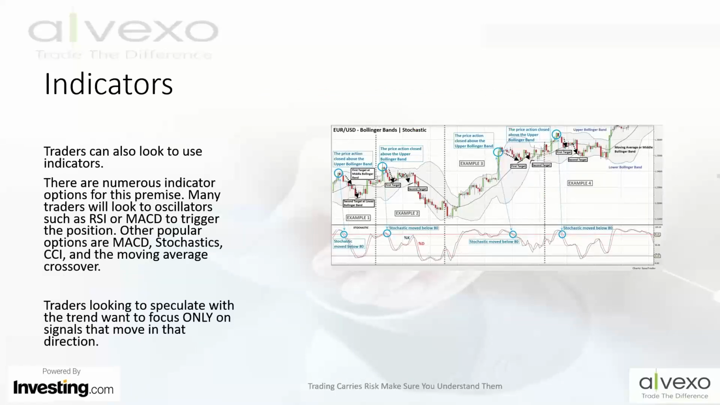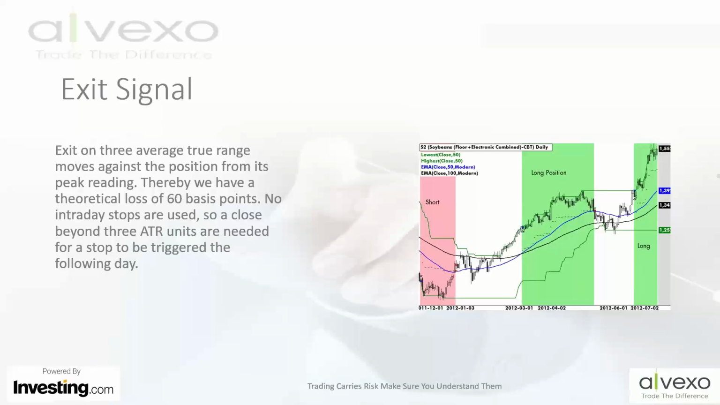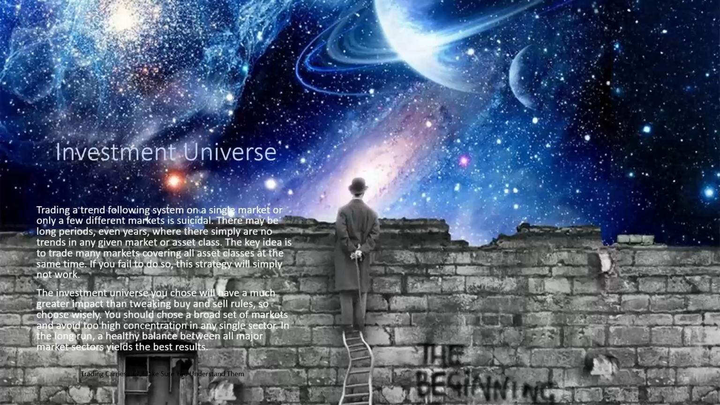One of the other indicators that might work well for you, RSI and MACD, are very good to help you see when the trend is moving, when it is recovering, when it's retracing. And lastly, you need to always have exit signals. Because remember, trading a trend following system on a single market or only on a few different markets is suicidal. Because